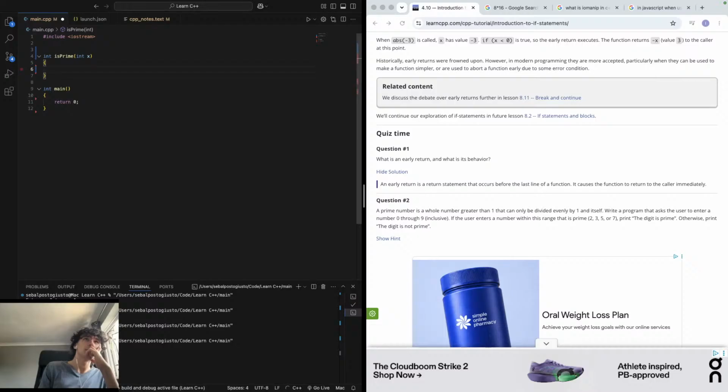So it is prime, and then no, we actually want int x and a parameter int y as well. And then we want to return